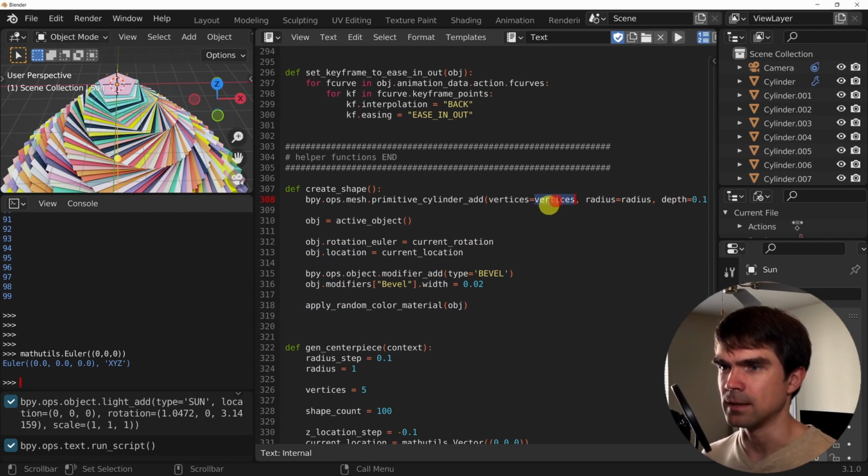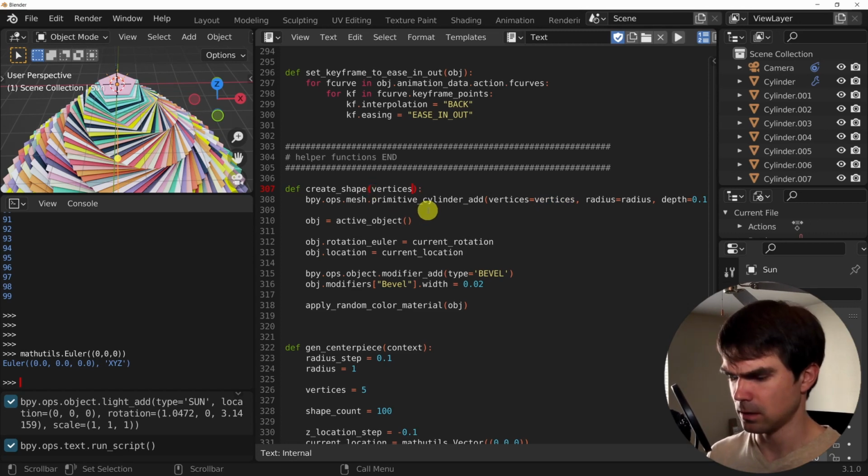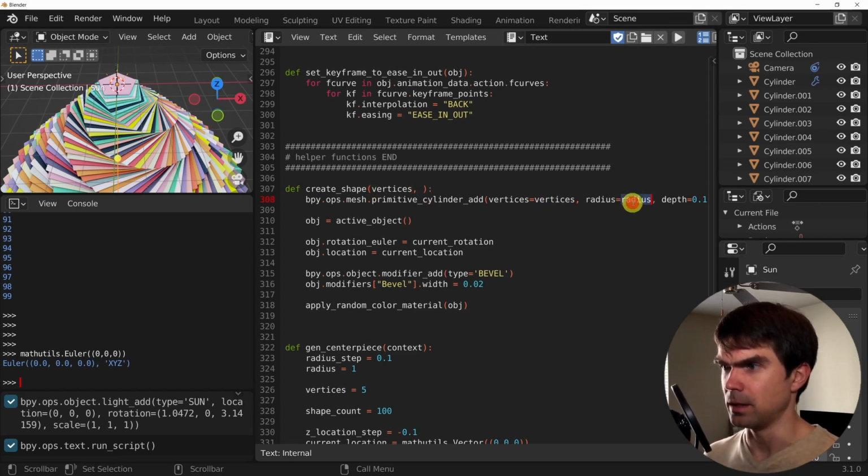We're passing into this function vertices, the radius, right, the rotation. We can actually just call it rotation, and the location.